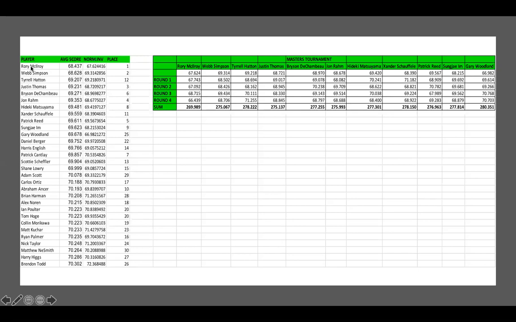And I didn't mention too that the players on the left here are all listed from first, second, all the way to 30th. So Rory McIlroy is first in the world right now. Webb Simpson is second. So you can see that the simulation is pretty accurate. I mean, obviously, who knows who's going to win golf? So many things can happen, but it's pretty well distributed among each player. You got Rory McIlroy first in the world, and he got first place. Who knows what's going to happen? He's never very good at the Masters, unfortunately.